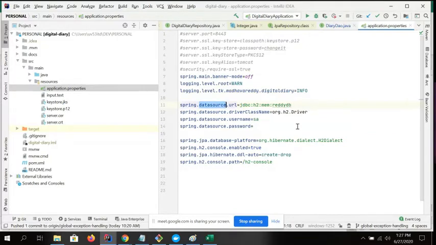A data source, you know, right, which data source you are going to store it in. Right now I have given an H2 database source URL. It may be a JDBC URL, or some Postgres URL, or a MySQL URL, whatever it may be. It will be a very simple line and you have to configure that. And which type of driver classes do you want to use? Those driver classes you have to specify.